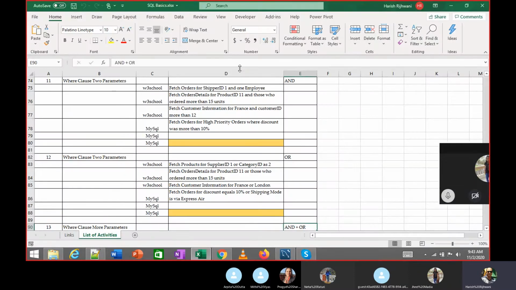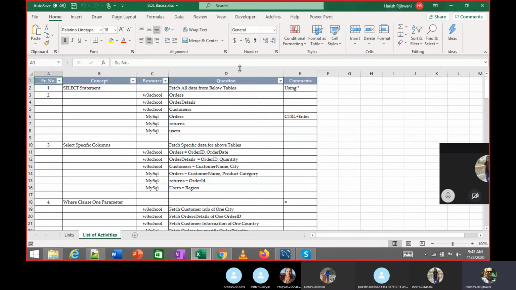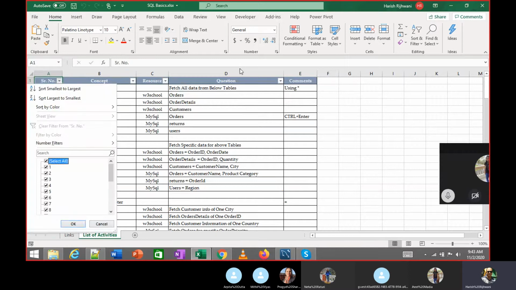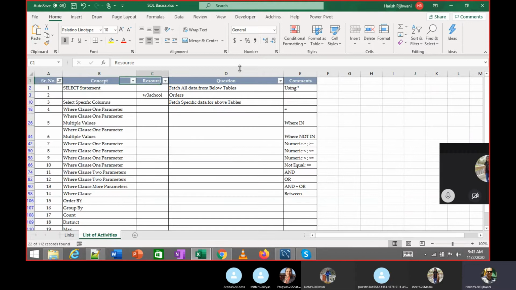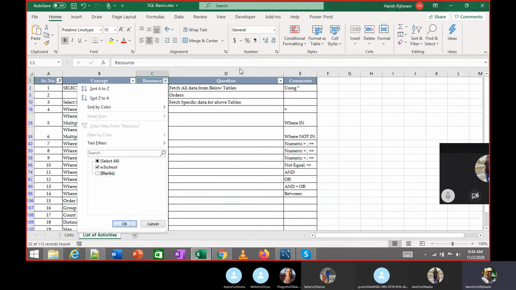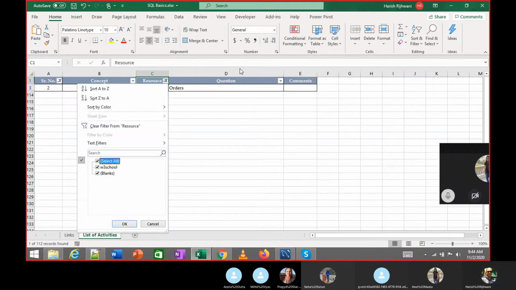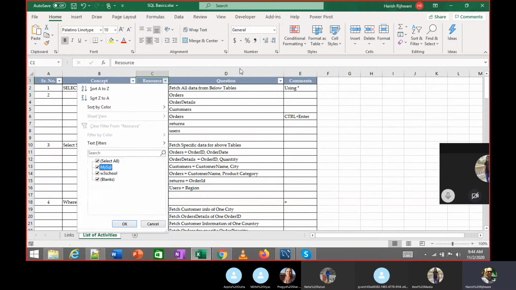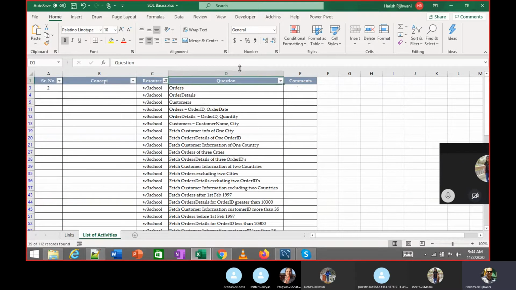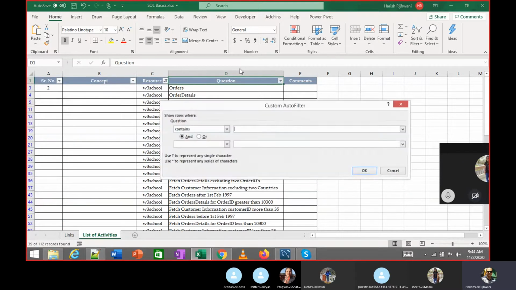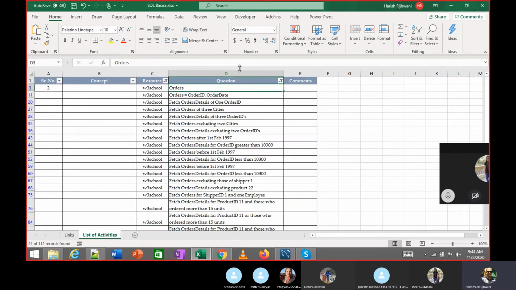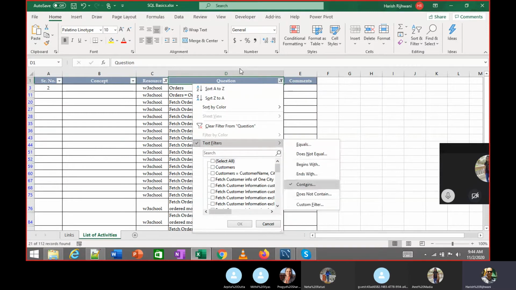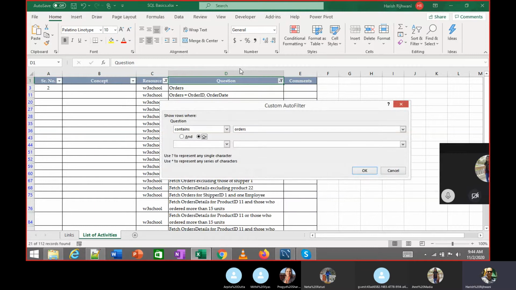Normally in your Excel, when you have data, you add a filter. I have blanks. Then in the second one again I remove the blanks. Okay, I get it this way. Or let's say I do a condition contains orders, I get this filter. So what I have done, I have added two conditions over here. Within this also I can add multiple options, right? I have an and, I have an or.